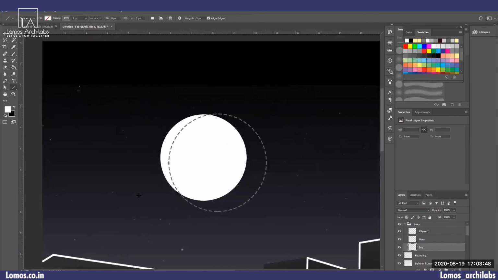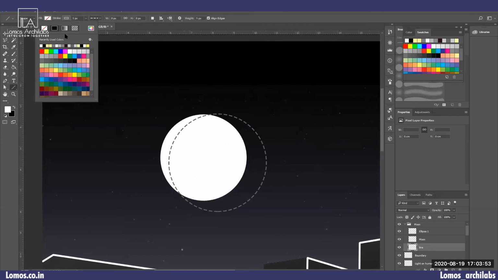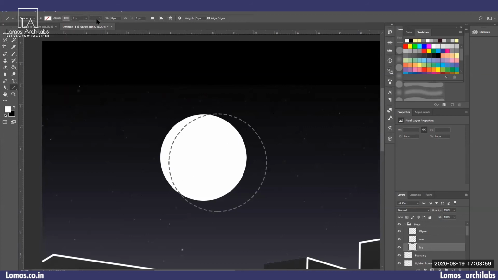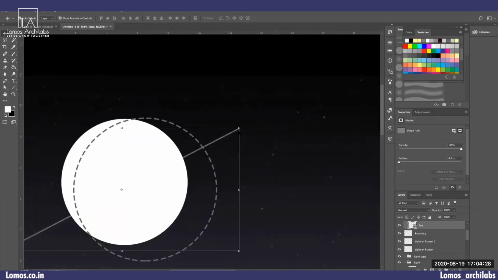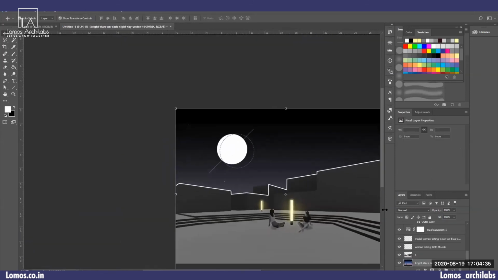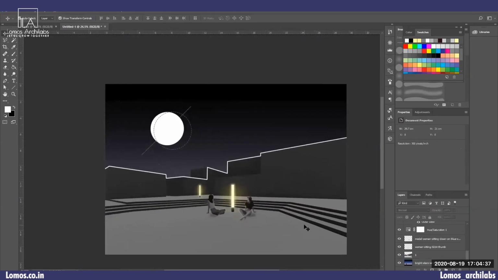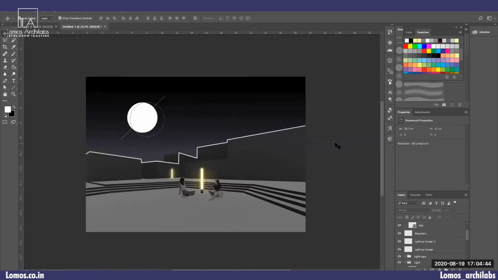By using the line tool, I will create another layer. So in this one, whichever type of line you want to create, you can create that. Something like this, it looks nice. Now the moon looks complete.